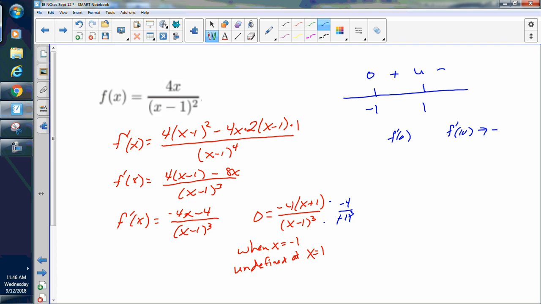And let's see, a number smaller than negative 1, like f of negative 10, is going to be a positive 36 over a negative 11 cubed. Well, negative 11 cubed is a negative, and a positive divided by a negative is a negative. So our function increases